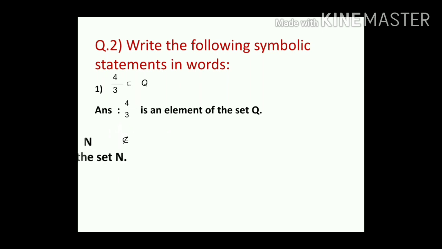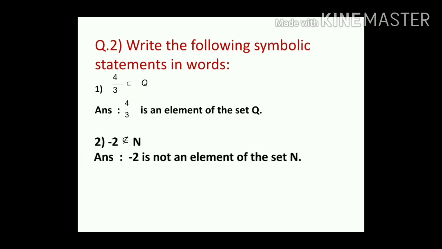Second one, -2 is not an element of set N. That symbol is known as, children, not an element, or we can call it not belongs to. Okay children, so here we write the answer. -2 is not an element of the set N. Now third one,